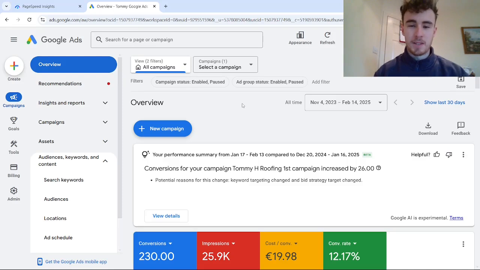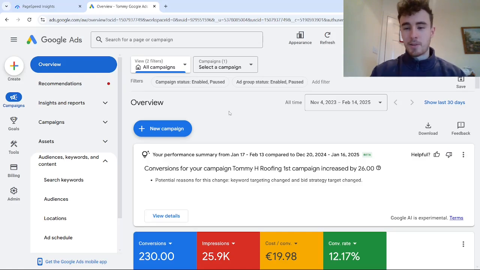The most obvious reason really is that on average, if your landing page takes longer than a few seconds to load, then the chances are people aren't going to wait around very long and they're probably just going to click on somebody else's ad instead and go to their landing page. Because as we're living in an attention economy, we really do have less patience when it comes to websites that don't load quickly. So we really do want to make sure our landing page loads quickly to minimize the amount of people that click on our ads that don't even get to see what we have on our landing page